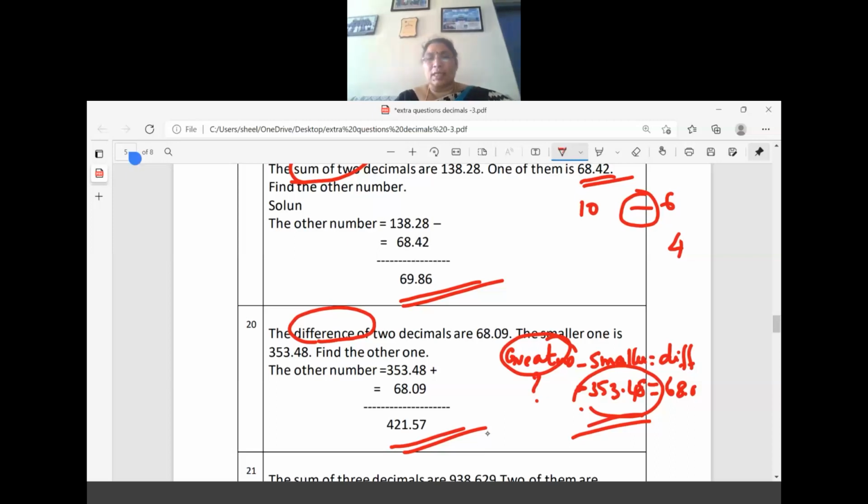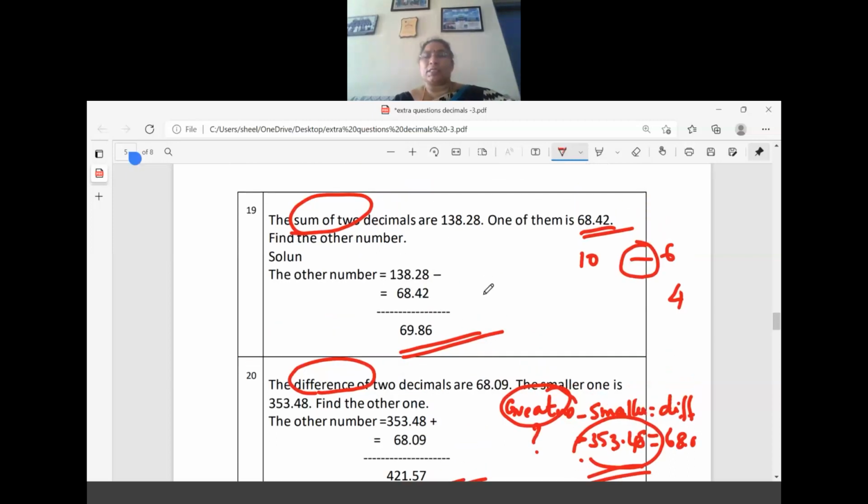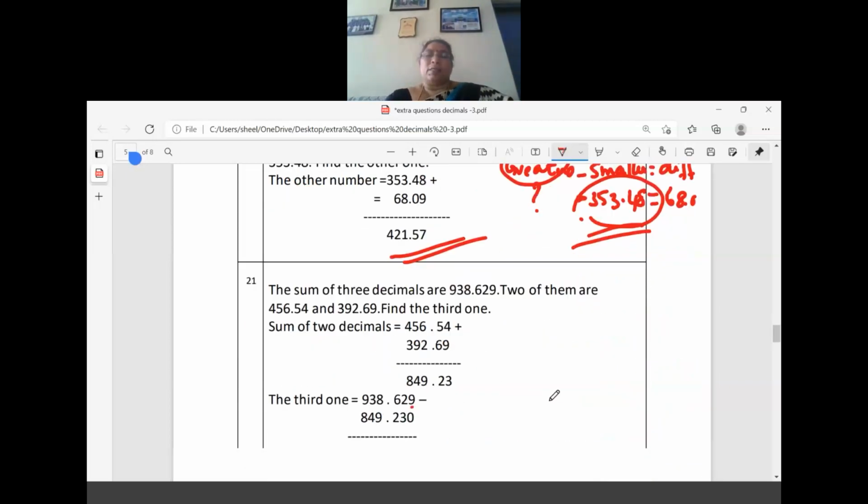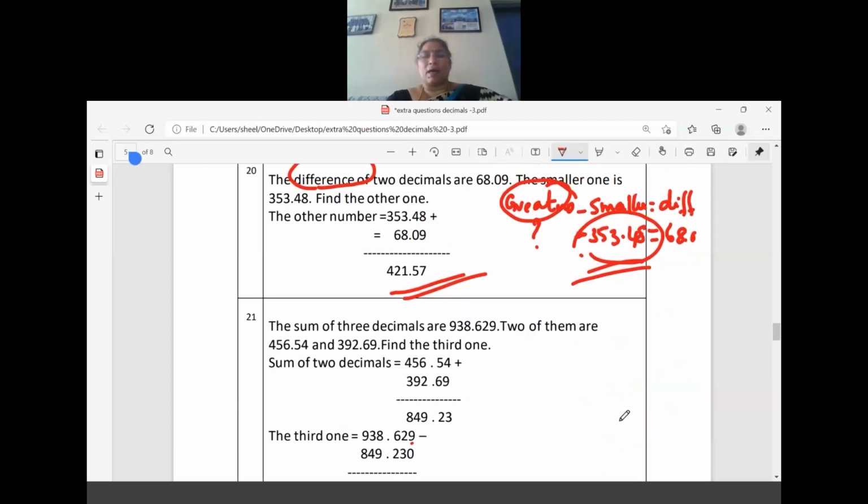421.57. So I think it is clear. The last two questions: the sum of two decimals is given. One of them is 68.42 and the other number we have to calculate, meaning we should do the subtraction. The difference is given and the smaller one is given. So to find the other one, we should do the addition with the answer. Next, the sum of three decimals are